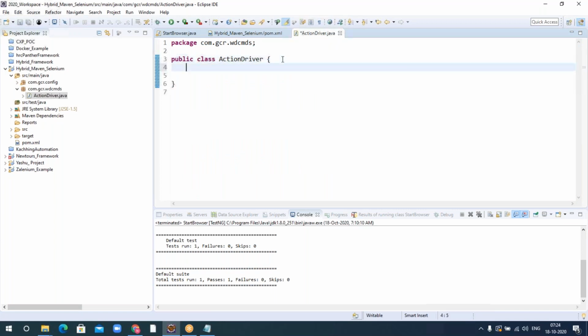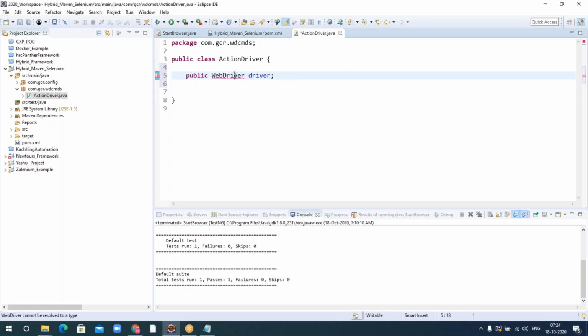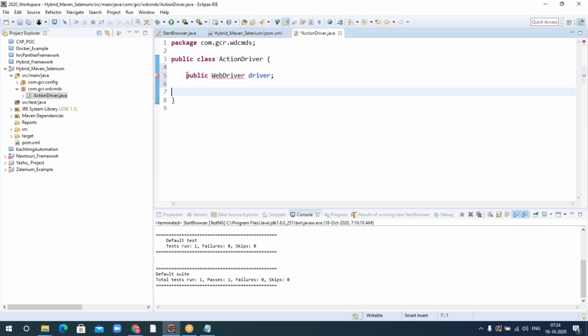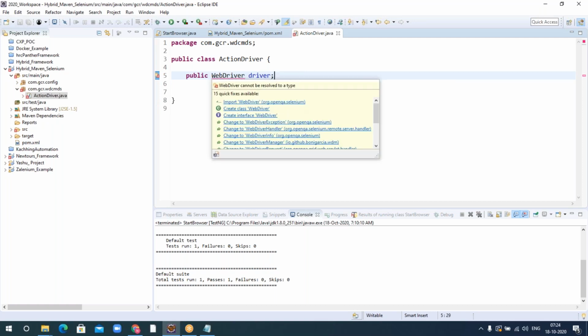In this, initially I'll declare a variable, public WebDriver, and I just need to import the package related to the WebDriver. Yeah, sorry, my system is slow.